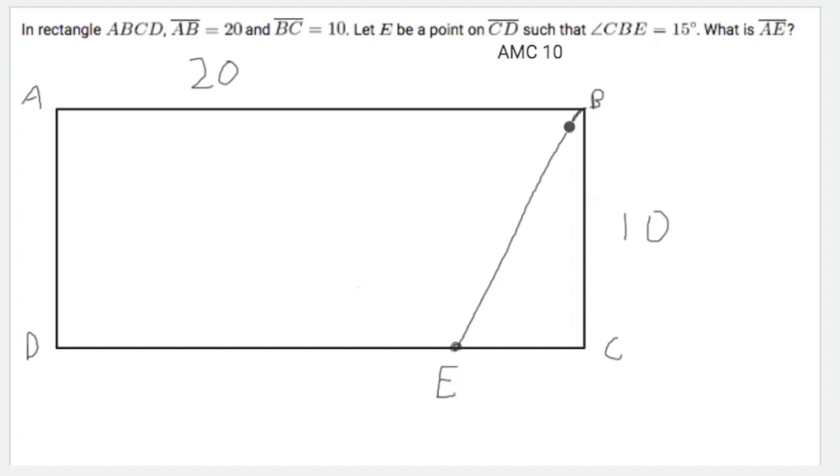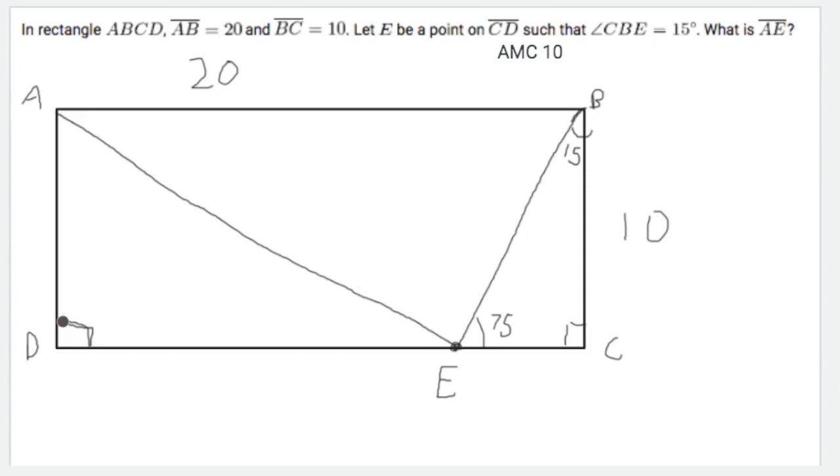Then we know this is 15. We know angle C is 90 because it's just one of the angles of the rectangle. So if this is 90, we can find out angle BEC, which is just 75. And we want to find out AE, so I'm just going to draw out the segment there. We know triangle ADE is a right triangle. I don't really even see a method here, but